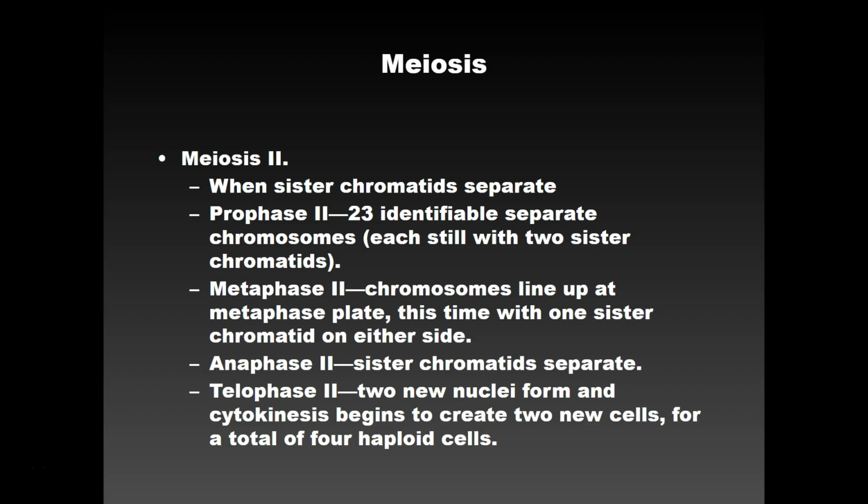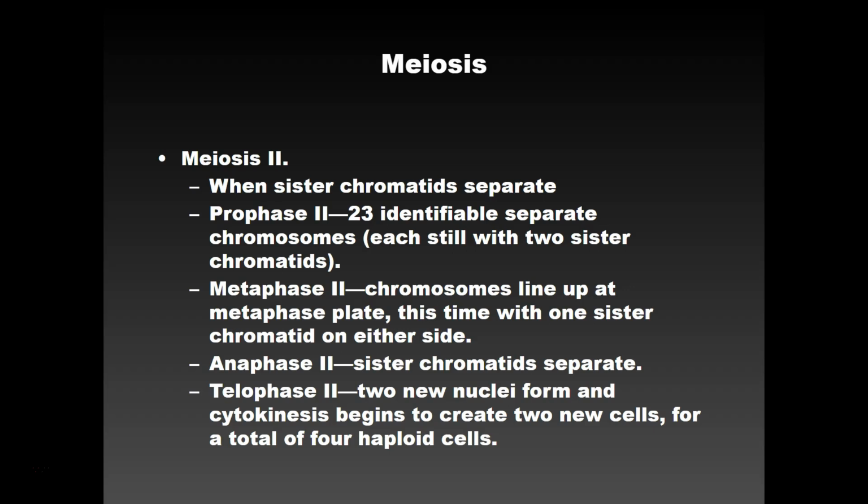So after these processes have happened, which you'll notice looked similar to mitosis but with some differences, you have sister chromatids, those exact copies of one another, which have undergone crossing over, which means they're not so exact anymore. When you enter prophase 2, you have 23 identifiable separate chromosomes, still with 2 sister chromatids. Prophase 2 is kind of a boring stage, not a ton happens. I'm sure some molecular biologist is probably screaming right now, or they would be if they could hear me, about all the interesting stuff happening in prophase 2. I just don't know what interesting stuff is happening there.